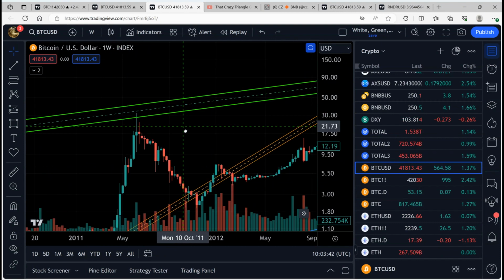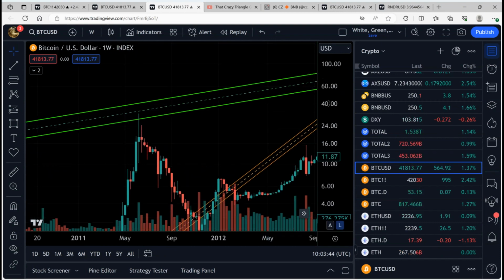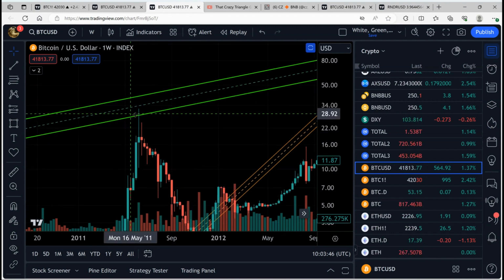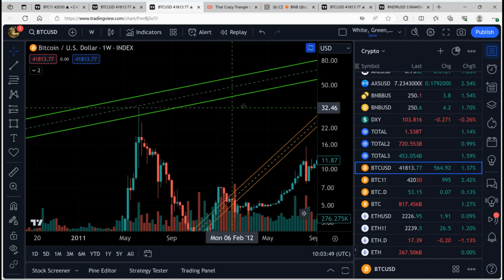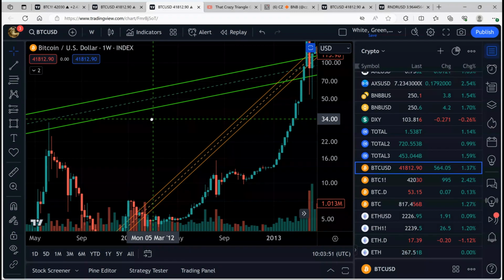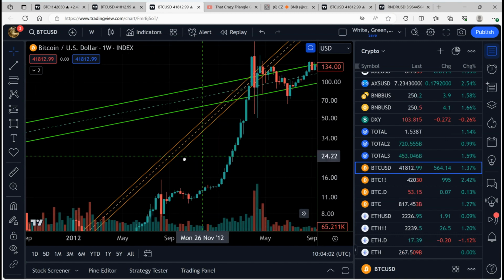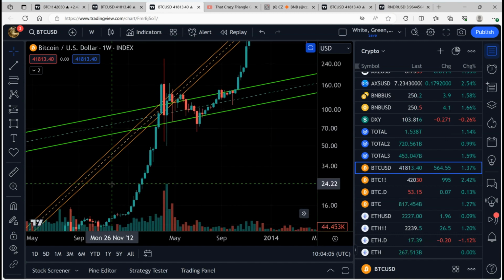Now, admittedly, it's not exact right there, but pretty damn close, considering it's such a freaking long line. We're talking, well, it's over a decade back. So